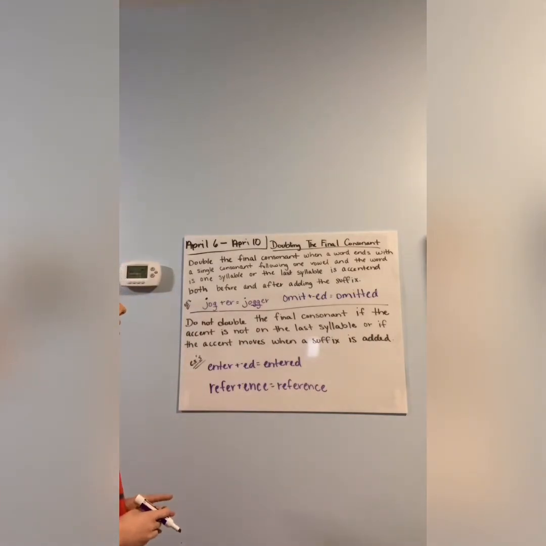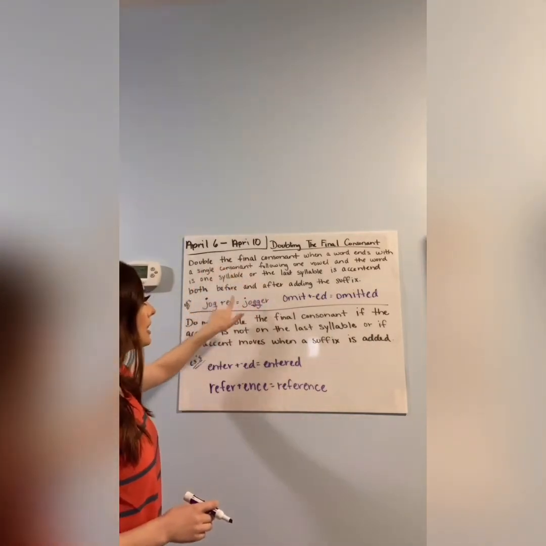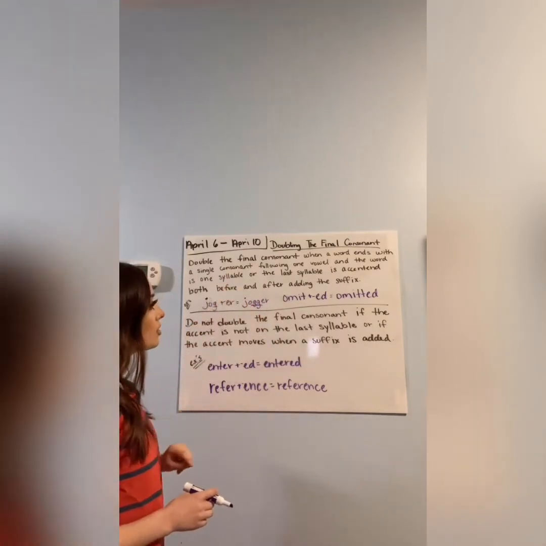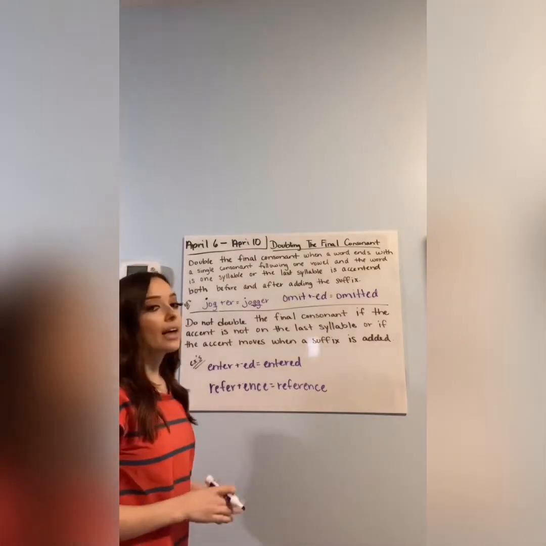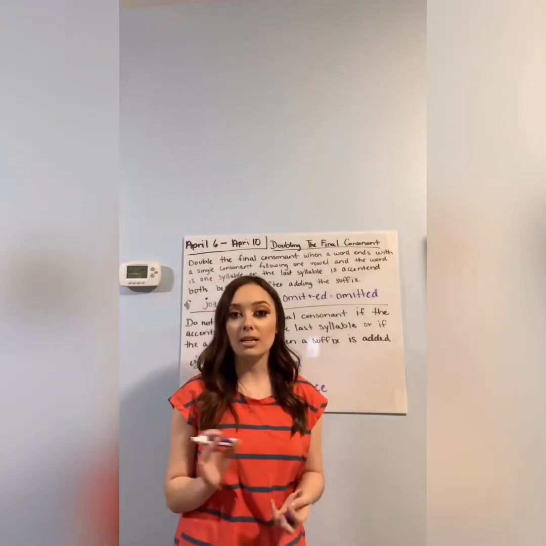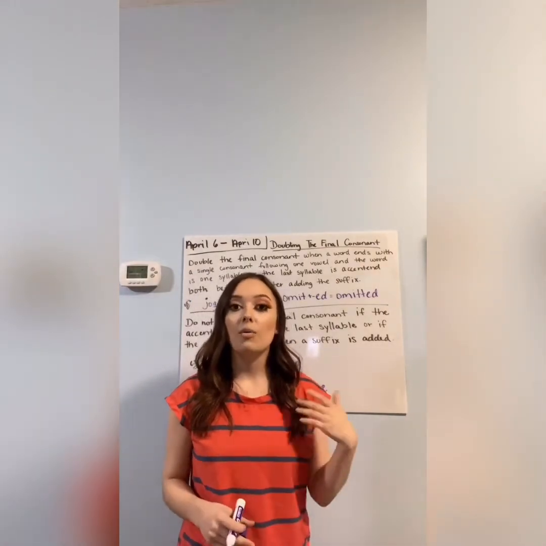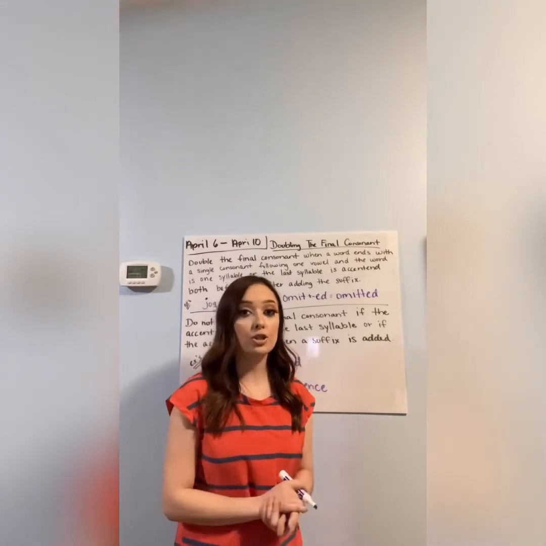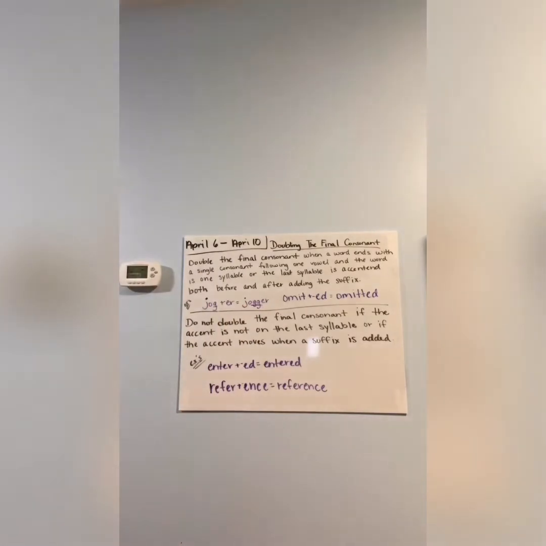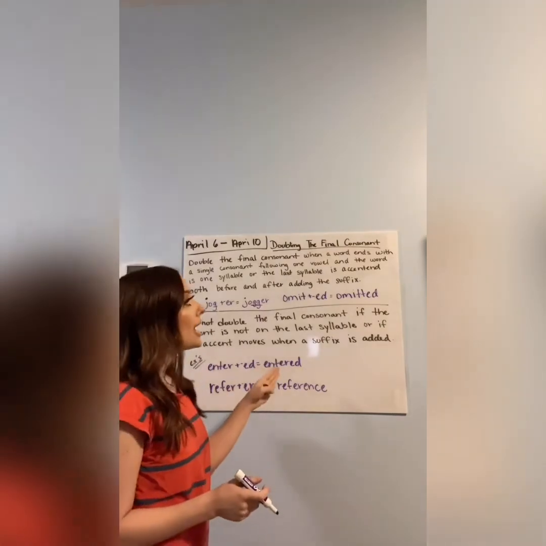Okay, now let's move on. It says that you can also double the final consonant when the last syllable is accented, both before and after adding the suffix. A syllable is accented whenever you hear that it's the strongest syllable. That's what it means when it says a syllable is accented. So again, let's read that. It says, or when the last syllable is accented, so it needs to be accented before and after adding